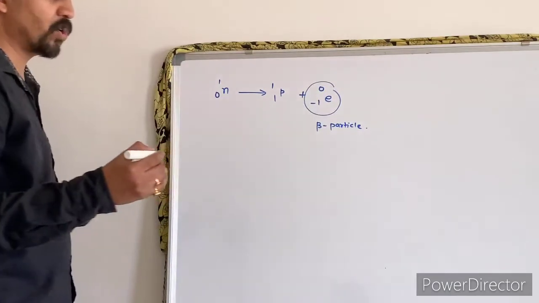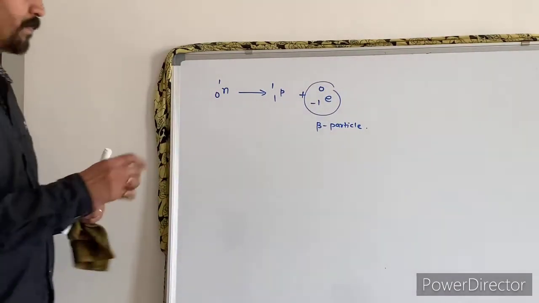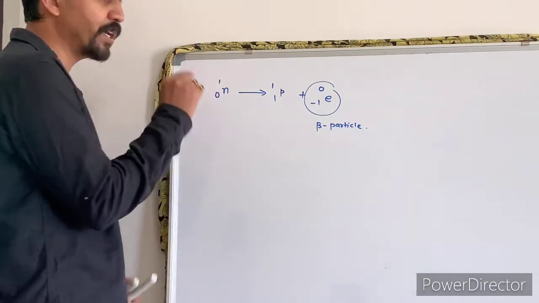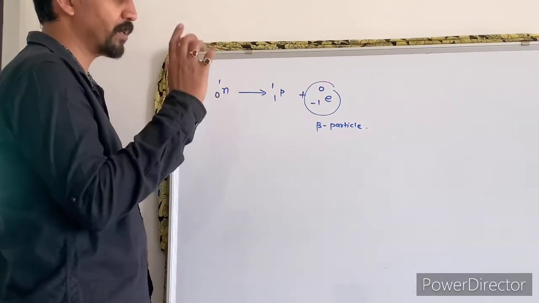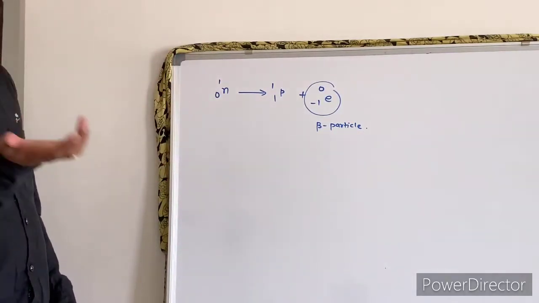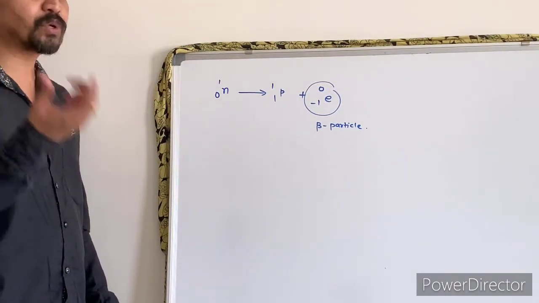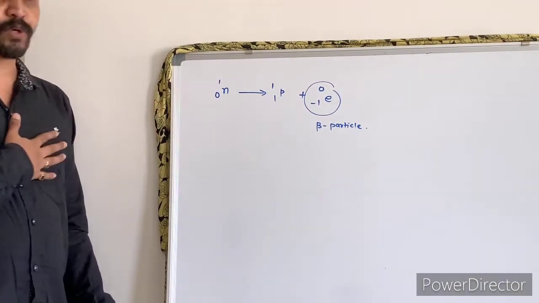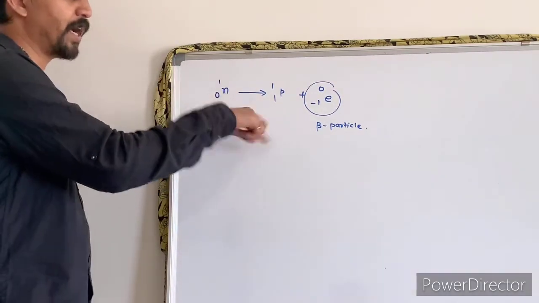This electron cannot reside inside the nucleus. This is in the nucleus of a radioactive element, बाकी कोई भी element नहीं. This is only in a radioactive element. So neutron from the nucleus of a radioactive element. Now why is this conversion there? Because we know that the number of neutrons is much more than the number of protons. तो वो न्यूट्रॉन कन्वर्ट किस में होगा? That is converted to proton and electron.